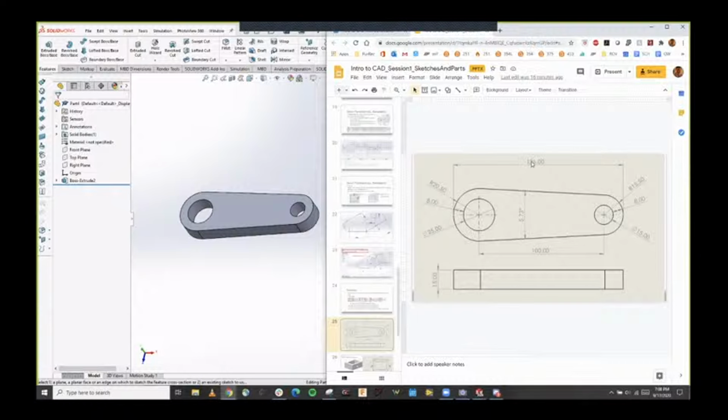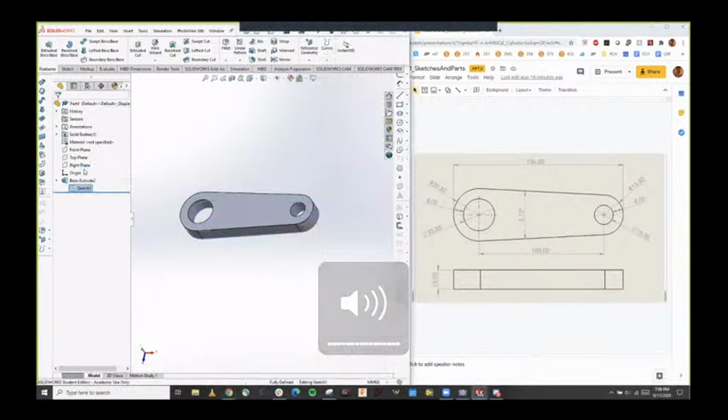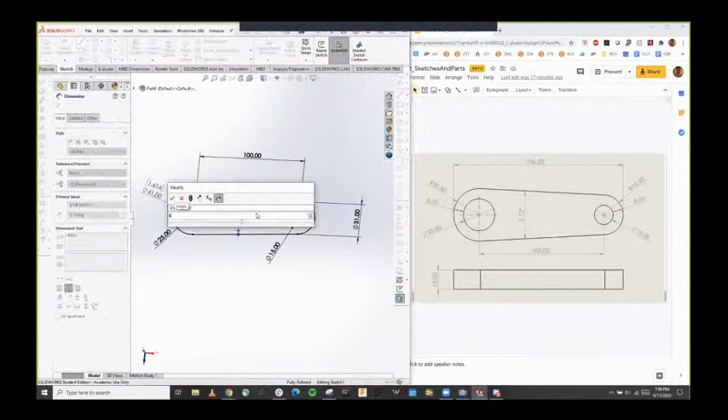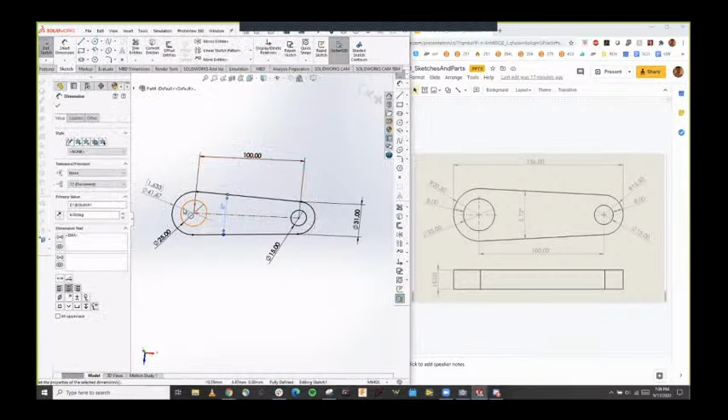So when we're thinking about this unit here, the overall length of the linkage probably isn't as important for us. Let's go back to our sketch right here. If I determine that I want a stronger part, if I want this thickness to be thicker so that this part is stronger, currently I don't have any way to control that because this dimension is driven. So the only way I can change that is by changing this angle, which is not exact. If I change this to 6 degrees, this gets thicker,